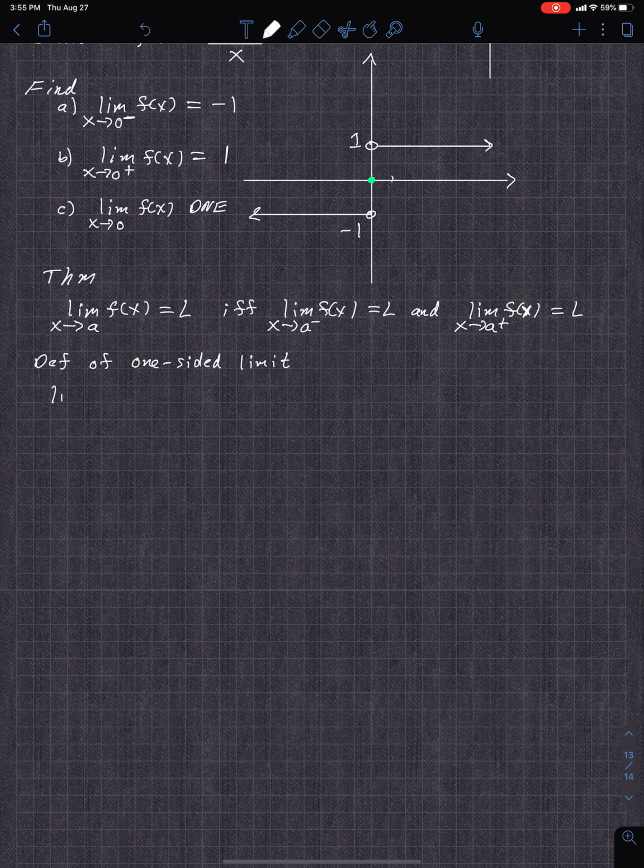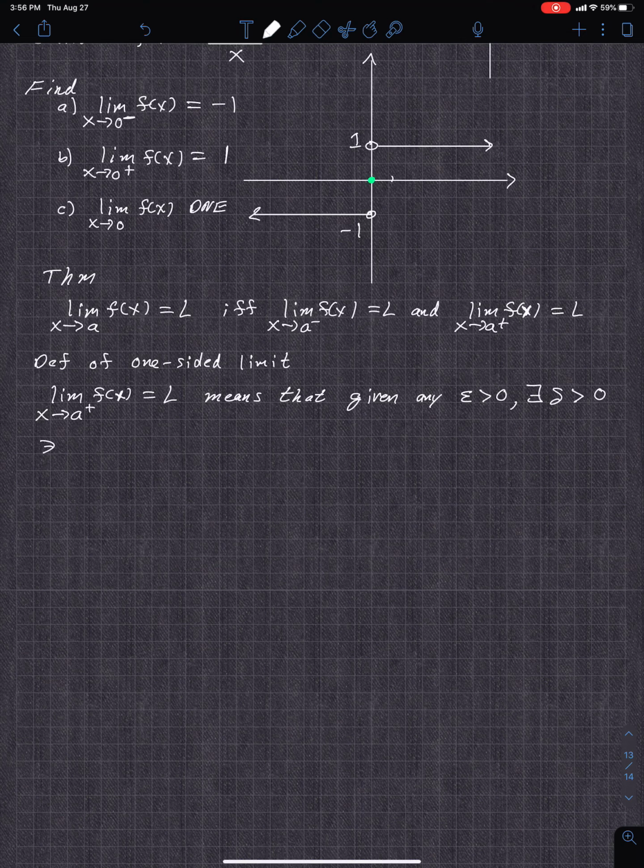So if I say the limit of f of x as x approaches a on the right equals L, that means that given any epsilon greater than 0, that's always going to be the same, there exists a delta greater than 0 such that,